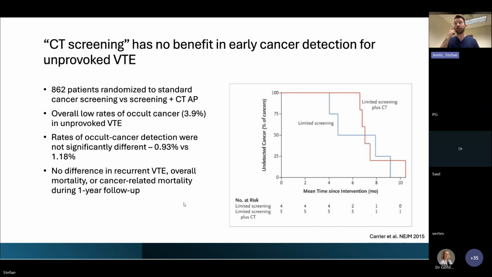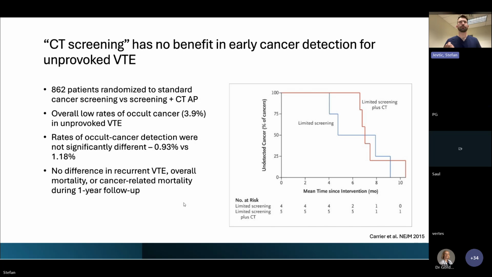The group in Ottawa about 10 years ago now, led by Marc Carrier, did a really nice randomized study. They took about 800 patients who had an unprovoked first VTE event and randomized them to the standard cancer screening strategy that we recommend for everyone, versus adding a CT abdomen pelvis. The CT abdomen pelvis was a bit more intensive than just the standard. They did undergo a ballot protocol as well as a dedicated virtual colonoscopy and CT enterography, looking for any